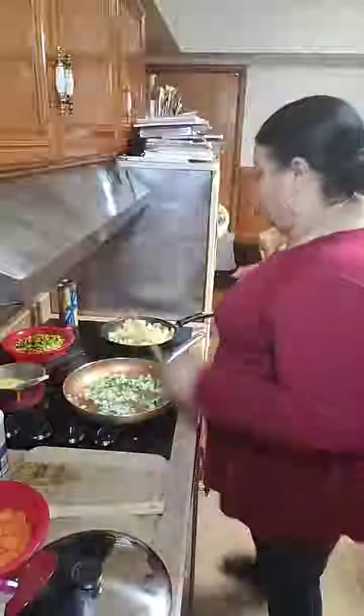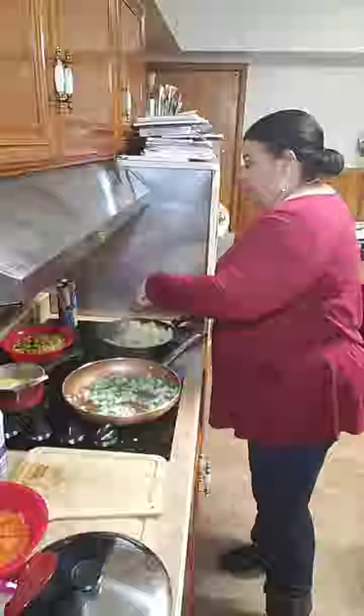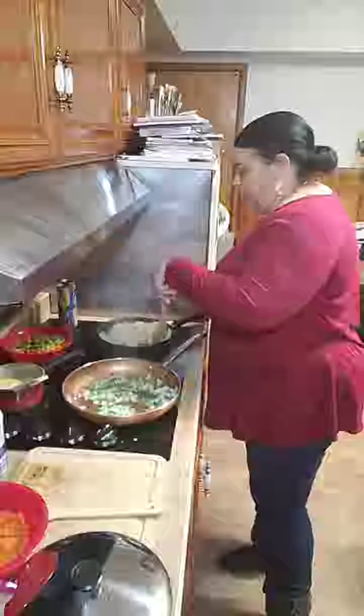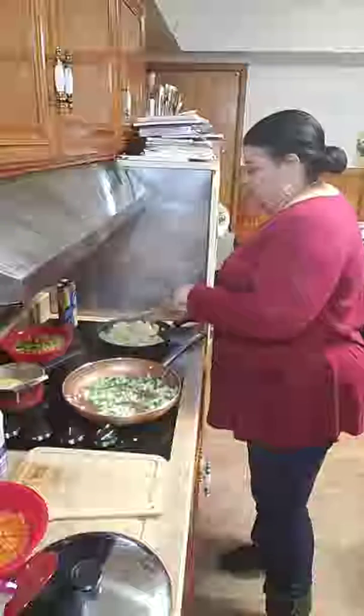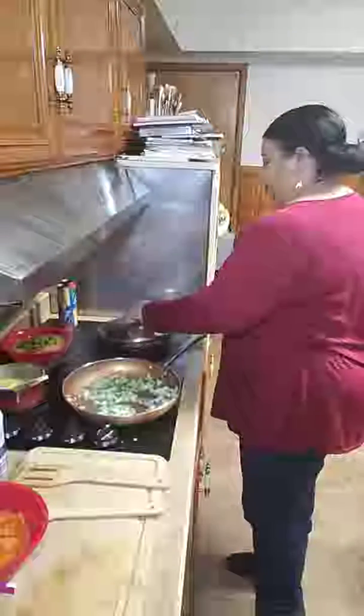So over here I've got some potatoes that I'm just going to brown. I'm browning these in a little bit of olive oil, and these are just about the consistency that I want them. So I'm going to turn the heat off. Just kind of put that right there. And then over here I've got